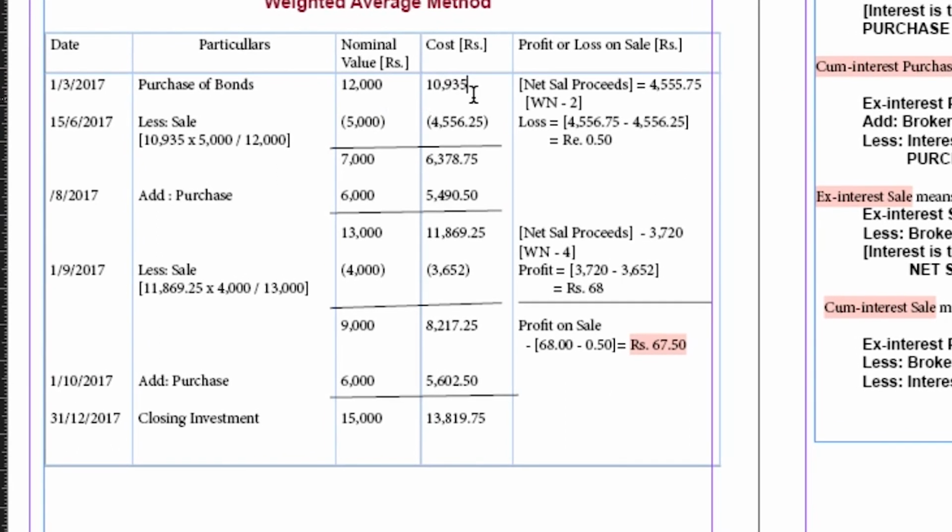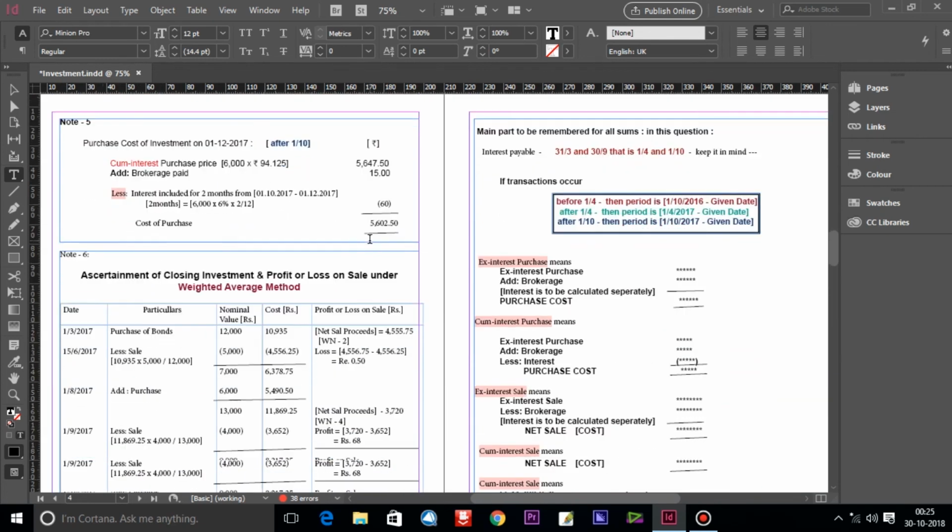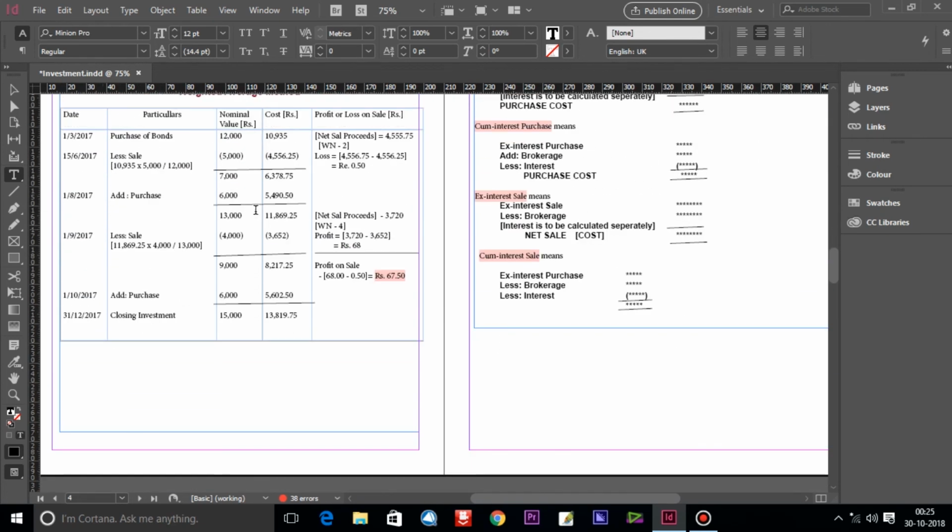Now, we got this amount, and again there is an amount of purchase rupees 6,000, and that amount was 5602.50, and therefore purchase this one and that amount on cost. Therefore, we got closing investment this one, because there is no sale amount, and we got the ultimate profit 68